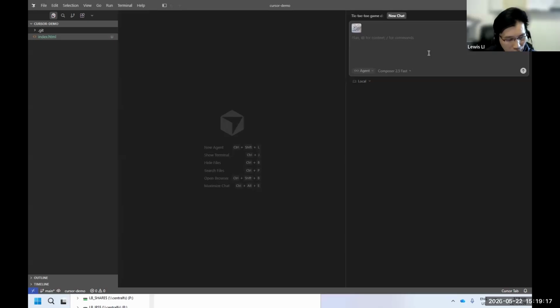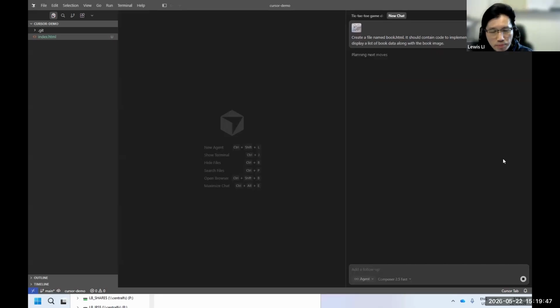Okay, and then you can type here to ask Cursor to create an HTML file for me, the file name is book.html, and it should contain the interface, the content in the image to display in the HTML page, including the book data and also the cover. So this is what I want to do, and then I click here to submit the prompt.